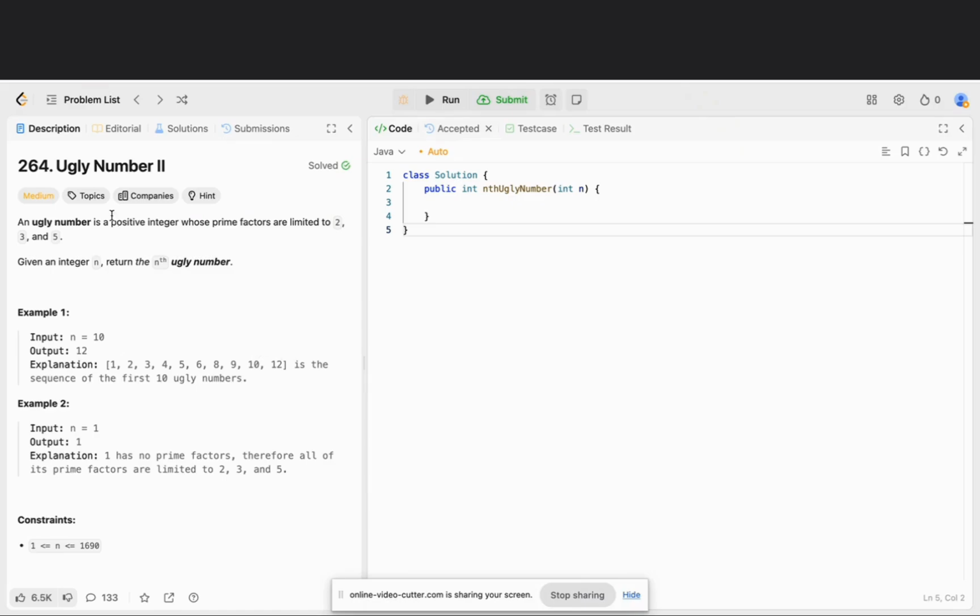Now let's start this question. Ugly Number II. An ugly number is a positive integer whose prime factors are limited to 2, 3, and 5. Given the integer n, return the nth ugly number. Okay, now